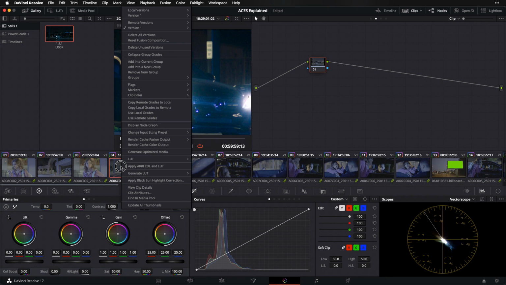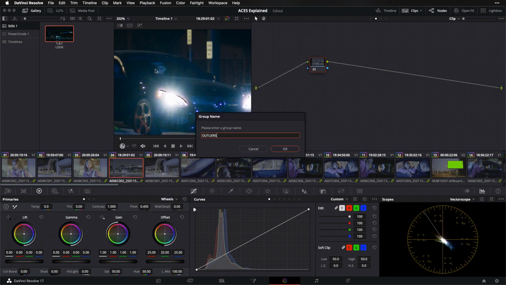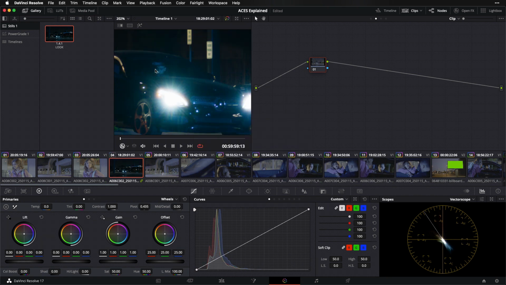I'm going to right click on shot number 4 here. I'm going to say add into a new group, and we're going to call this outliers. And I want you to notice here that when I went into this new group and my input transform went off, the issue seems to resolve itself, but that's only because I don't have any input mapping and I'm incorrectly transforming my Arri Alexa using an ACES CCT output transform. So I'm solving one issue but creating another by foregoing that input transform. We need to do better than that.